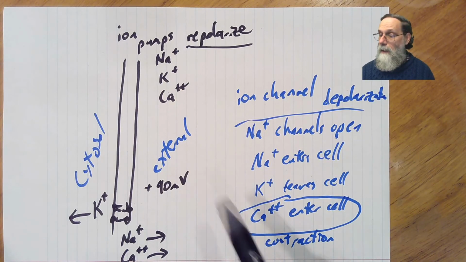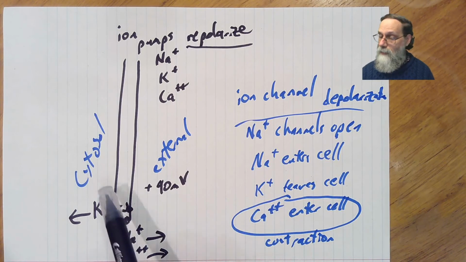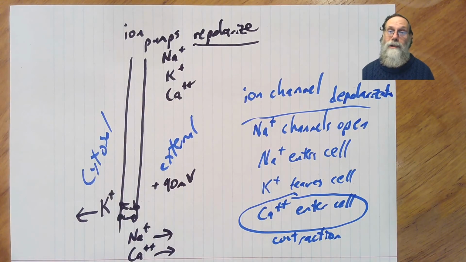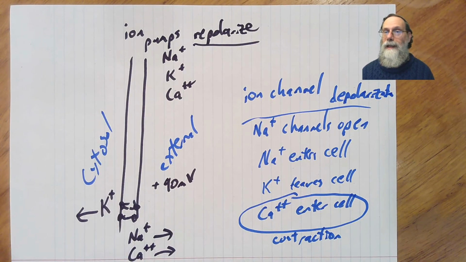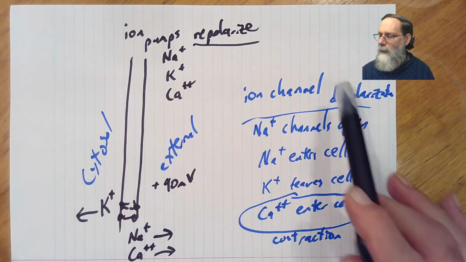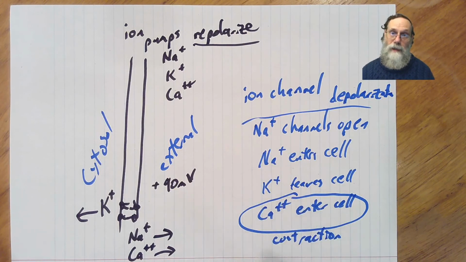To study the action potential itself, you need to measure the voltage across the membrane, which basically means sticking an electrode into the cytosol. And that's not what we want to do when we're doing an EKG or something. We don't want to be sticking probes into individual cells in somebody's heart. It is how the mechanism here of the ion pumps and the ion channels was figured out, from sticking